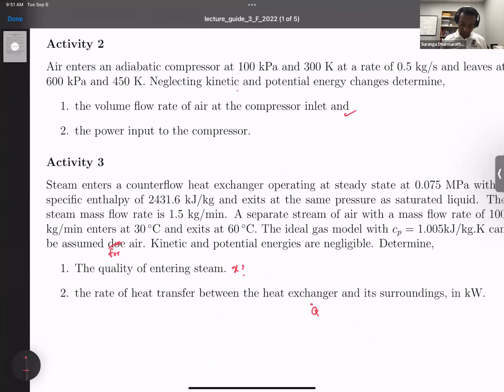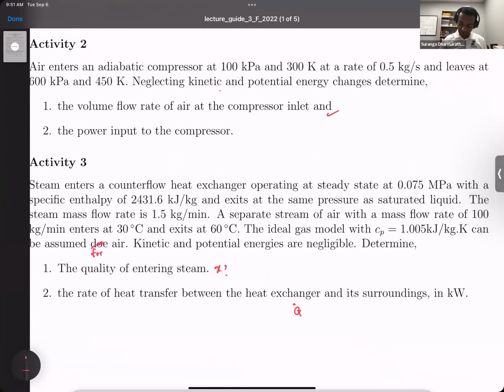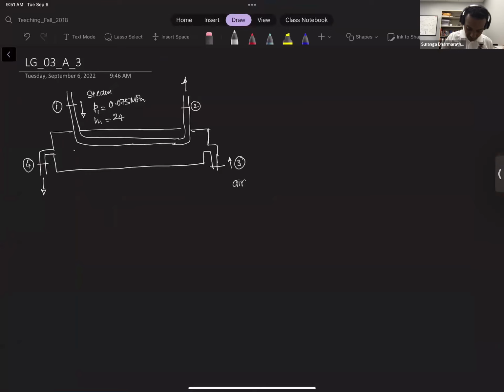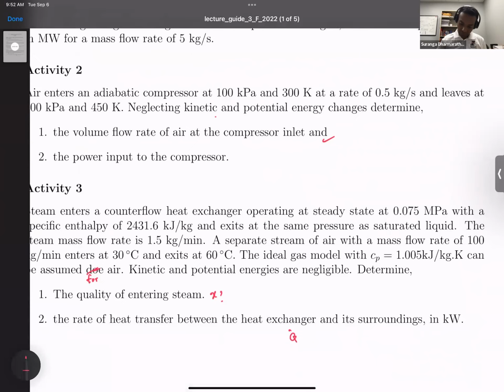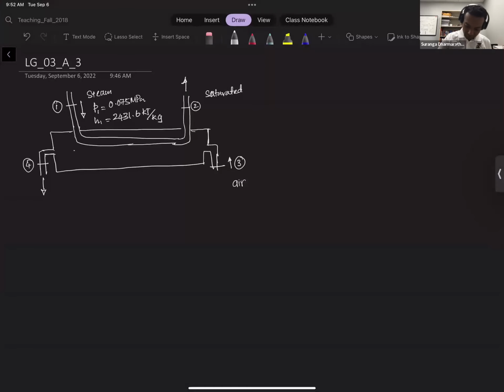H1 is 2431.6 kilojoules per kilogram, and then we have exit condition saturated liquid, that's actually X equals 0 condition, and mass flow rate m dot s is equal to 1.5 kilograms per